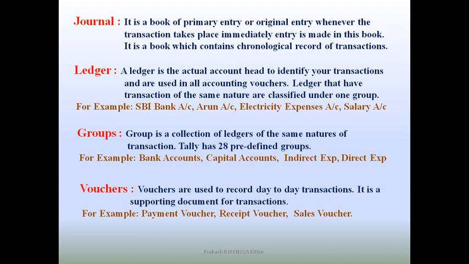For example, telephone bill expenses, office rent, or salary paid to the office staff. They all come under indirect expenses. Direct expenses. In a company we have direct expenses like the wages account and purchase of materials, etc. They all come under the direct expense groups.